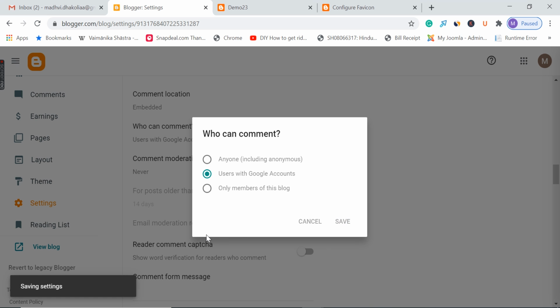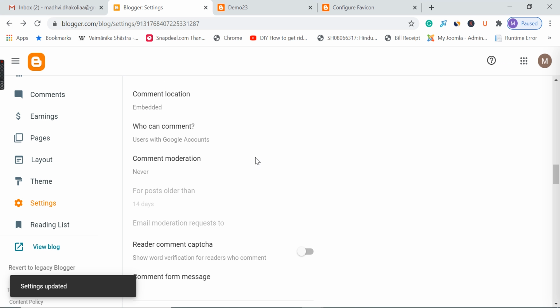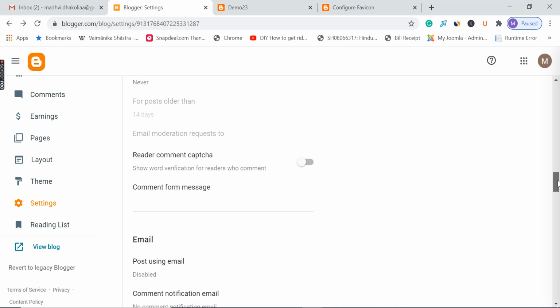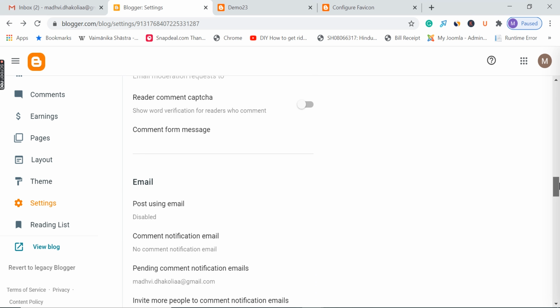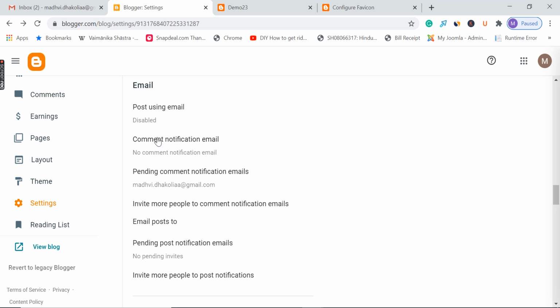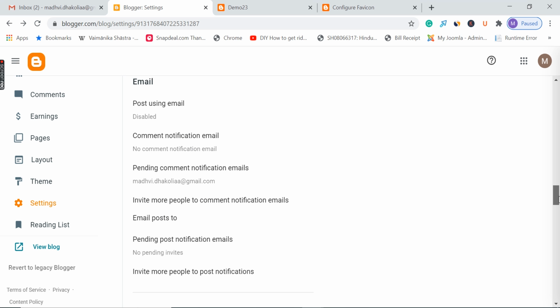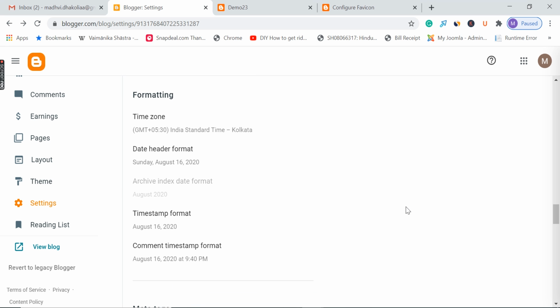Click on save. I'm not going to touch anything over here. I will let it be as it is and move on to email. Let's see what's there in email. Well, there's nothing to modify in here, so I will not touch this either. I will move to formatting.